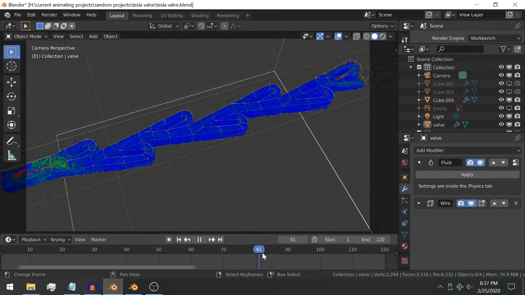And as I scrub through here, we can tell how it is affecting the flow. Now we can go over to